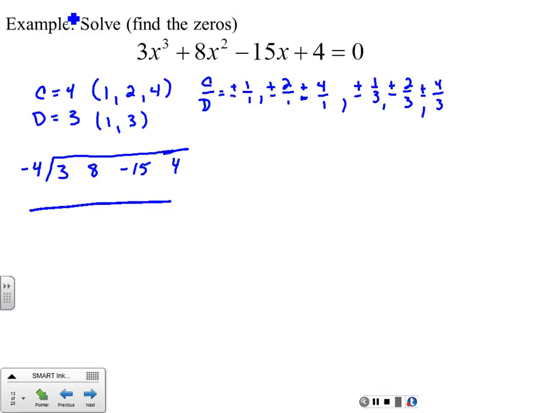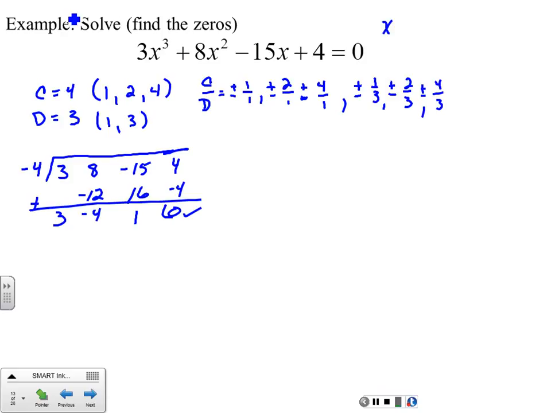So we'll bring down this 3. -4 times 3 is going to give you -12. 8 and -12 is going to be -4. -4 times -4 is going to be +16. Add those together and you're going to get 1. -4 times 1 is -4 and you get a remainder of 0. So,